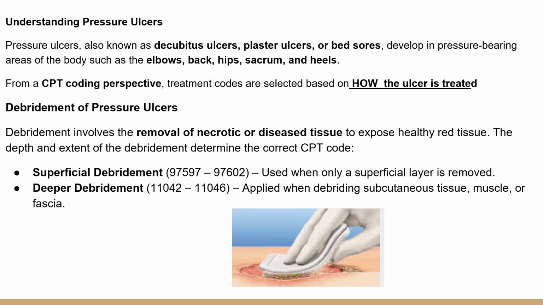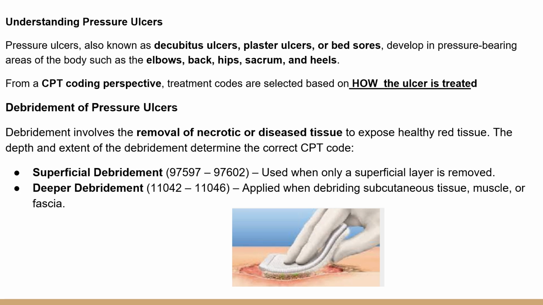Pressure ulcer, also known as a decubitus ulcer, plaster ulcer or bed sores, develops in the pressure bearing areas of the body such as elbow, back, hips, sacrum and heels. Now from the CPT coding perspective, treatment codes are selected based on how the ulcers are treated. Debridement of the pressure ulcer involves the removal of the necrotic or diseased tissue to expose healthy red tissue. The depth and the extent of the debridement determines the correct CPT code, and we have already seen the